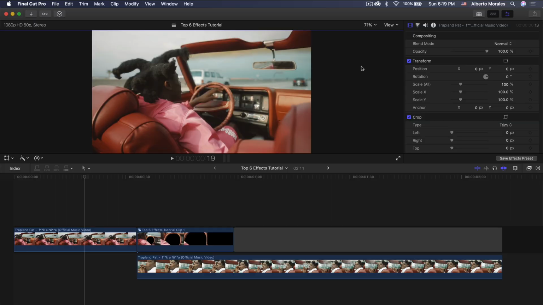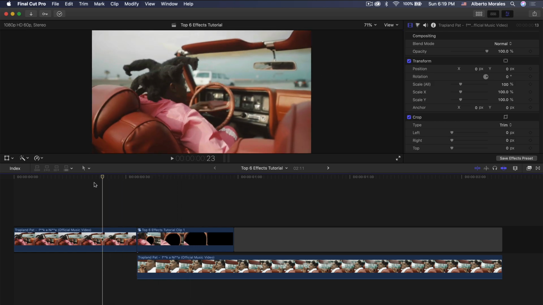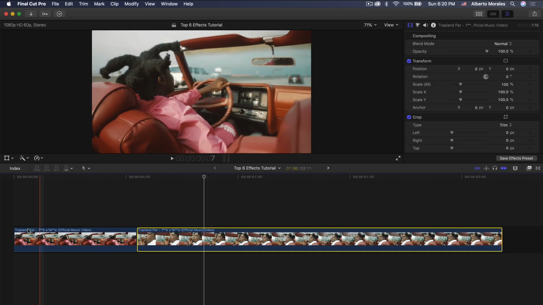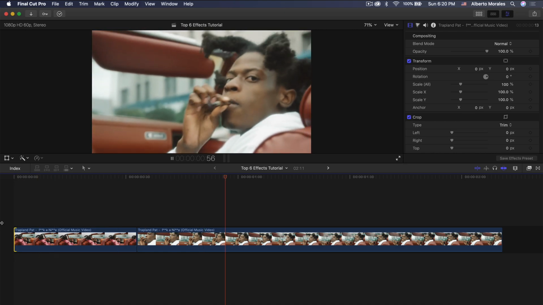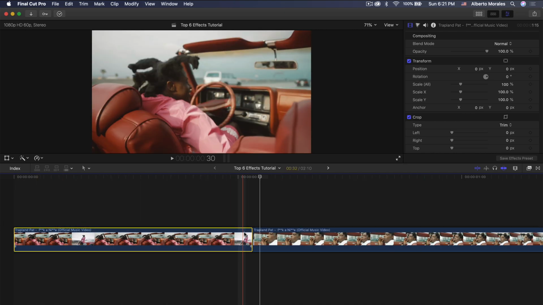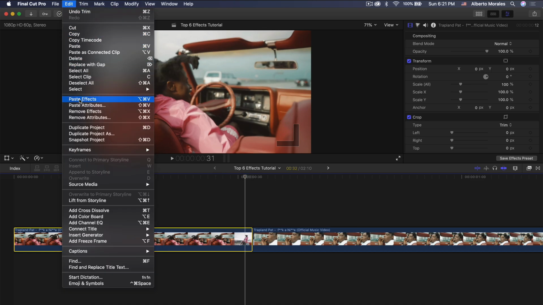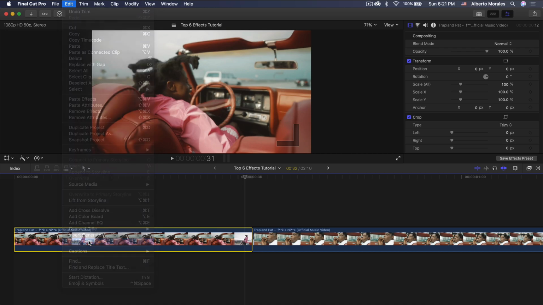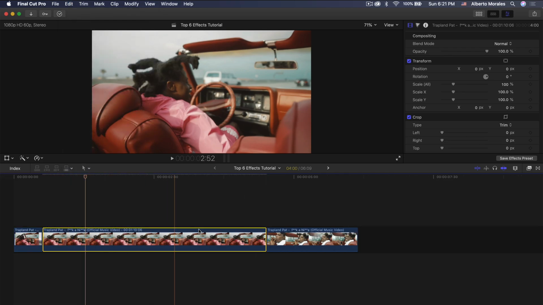Alright guys, so the fourth effect is going to be this really smooth transition, except this one's going to be more of a locked on effect. This is the original video here, so if I push play, you can see how long this video clip is. So I'm going to select this one, and I'm going to go one frame to the left. I'm going to go to edit. I'm going to go to add freeze frame, and I'm going to push play, and I want it to last